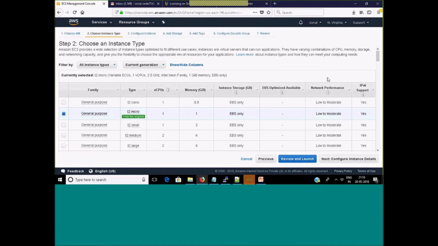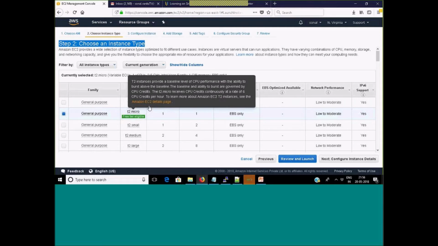Select the AMI. Now the second step is to choose the instance type, because we are launching a machine, so we need to specify. We have selected the operating system, the template, but what about the configuration? How much CPU and memory do we want? The best practice, as you know, is that the benefit of the cloud is that you do not have to do any capacity planning or estimation before you deploy the resources. You just start with the minimum, and then as required you can scale up, scale down, vertical, horizontal, however you want.